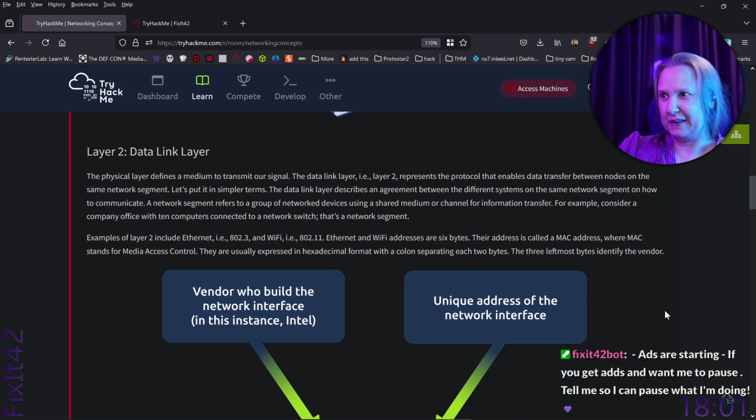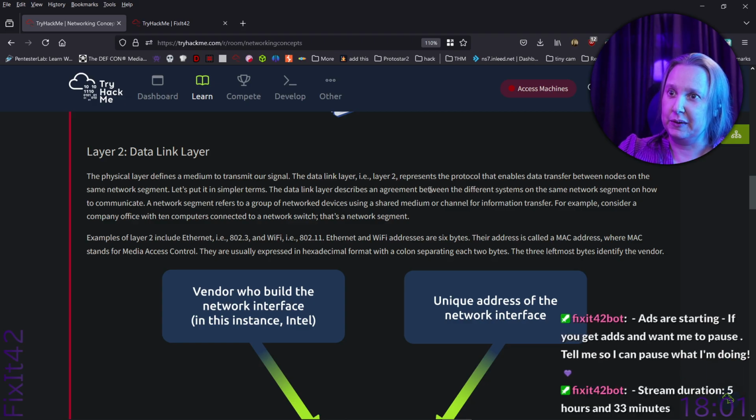Data link layer. Physical layer defines a medium to transmit our signal. The data link layer, layer 2, represents a protocol that enables data transfer between nodes on the same network segment. Let's put it in simpler terms. A data link layer describes an agreement between